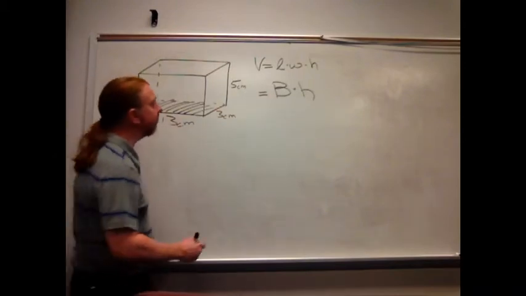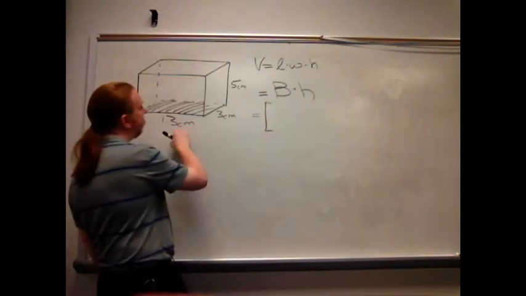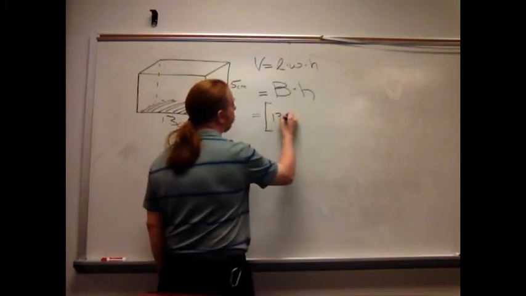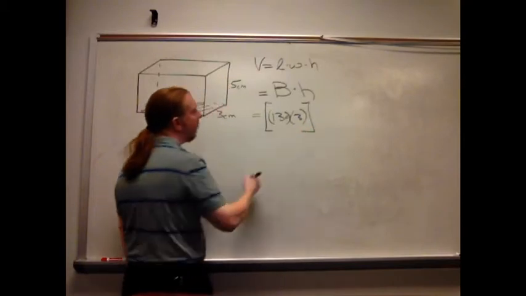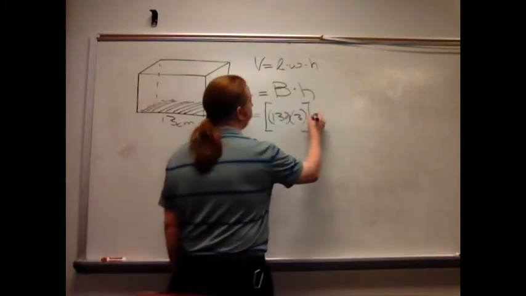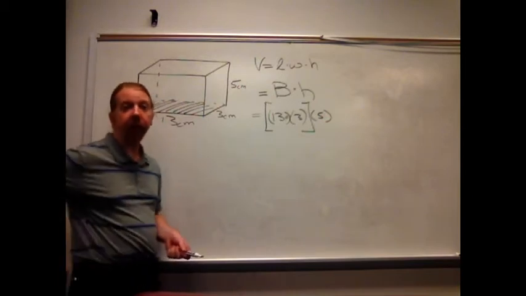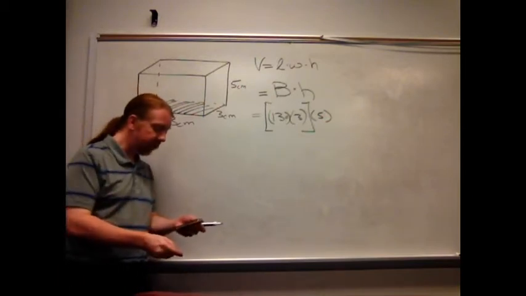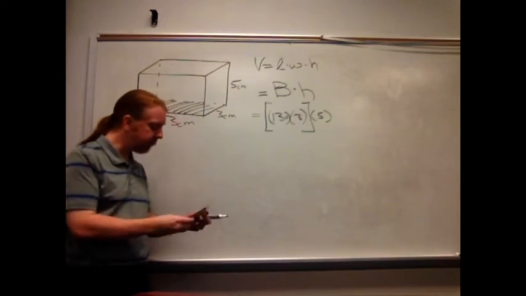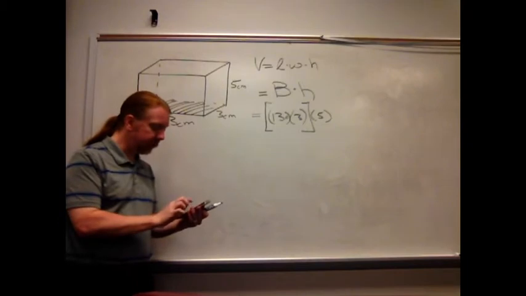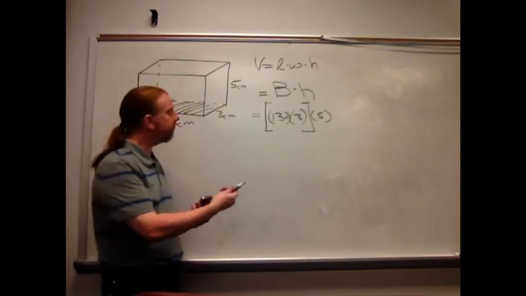Now we can plug everybody in. The area of the base is going to be 13 by 3. And I'm going to multiply that by the height. And then I can just run that through my calculator, and that's going to give me a final answer. So break out the calculator. There she is. Let's see, 13 times 3 gives me 39 times 5. Final answer,